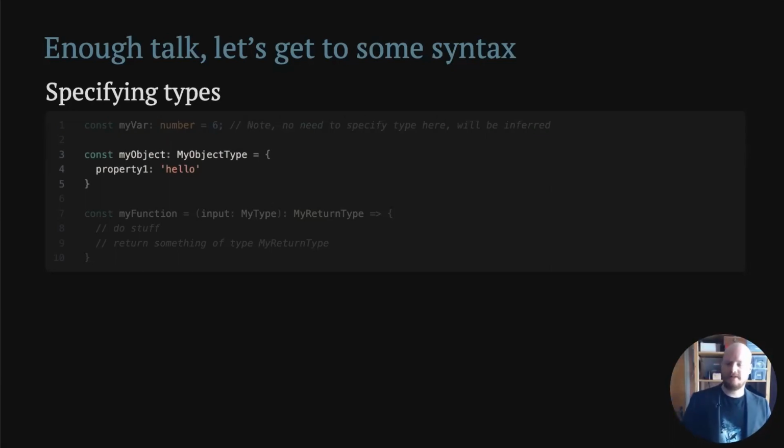If you type objects, that's the same thing. You write the colon after the variable name and then your type. And typing functions, you've seen that we type input parameters by putting a colon and the type in the input list. And then we have a colon after the parentheses and then your return type if you want to specify it explicitly, which you do from time to time. Specifying a return type makes you catch errors when you're not returning the correct stuff later on as well.